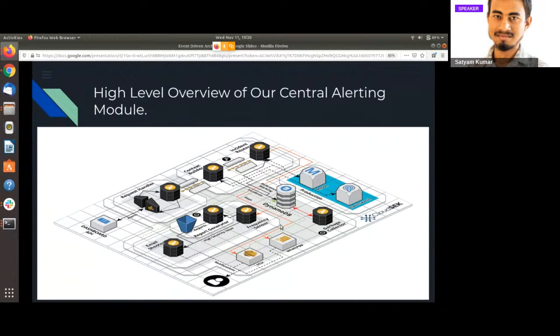So this is a high-level overview of whatever we are using at CloudSEK. I have prepared a video presentation for the same, so that we can get to know the exact flow of events in our event-driven architecture. This diagram might look a bit messy, but I'm going to explain it with the help of a video example in the next slide, so that it can be more clear to you guys.